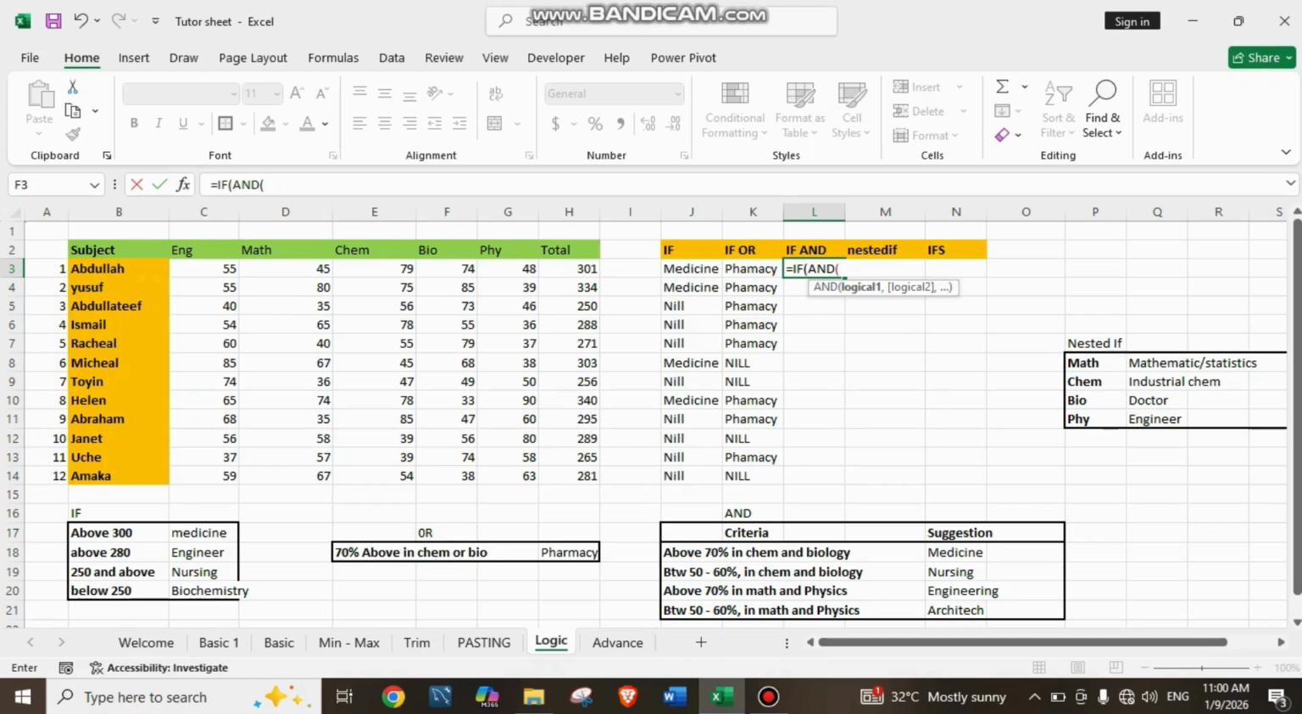Now let's say, what should we use as our pass mark? Chemistry is over, all the subjects are over 100. Let's use 60 as our pass mark. That means if chemistry is greater than 60, comma,